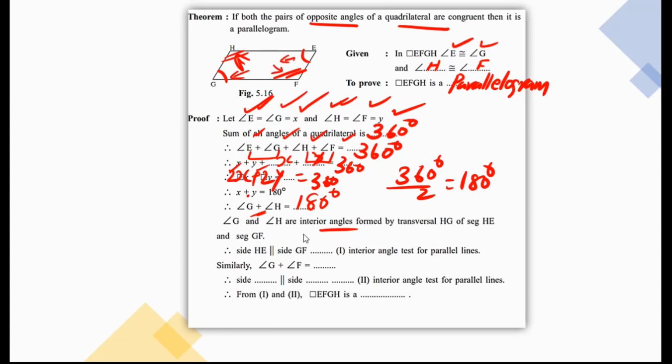इसका मतलब we have to say that the sides, this side we can say HE and this is GF. HE and GF are parallel because interior angle test के हिसाब से 180 मिल गई तो parallel है. The same way G and F is also equal to 180 degrees. So when G and F is equal to 180 degrees, we will say that GH and FE are parallel. So opposite sides parallel हो गया, तो we will declare that EFGH is a parallelogram.